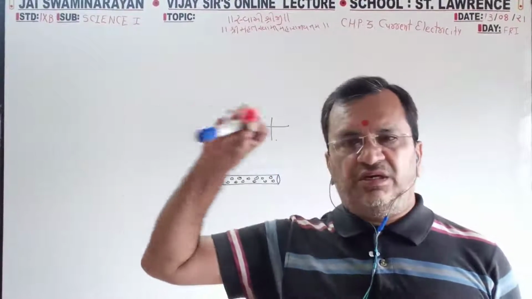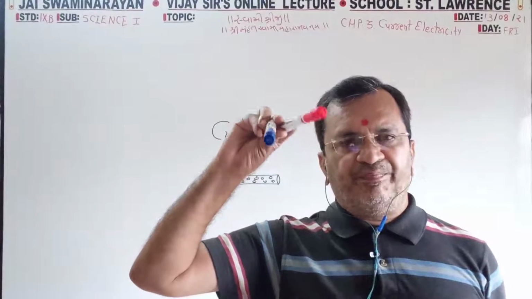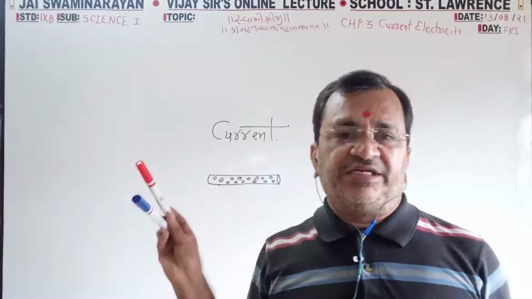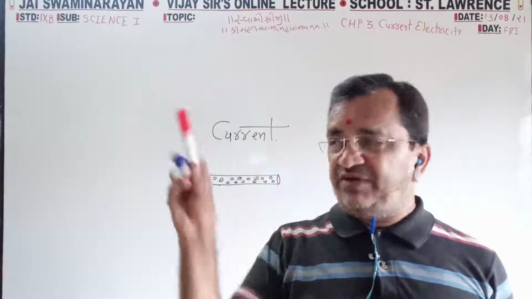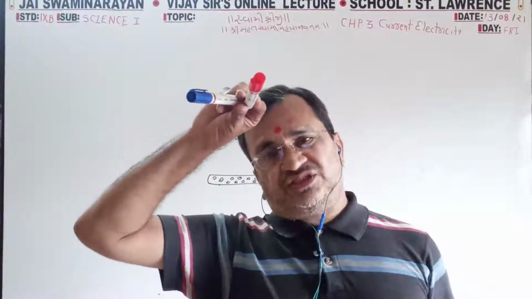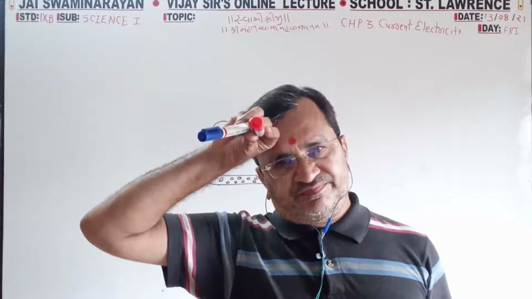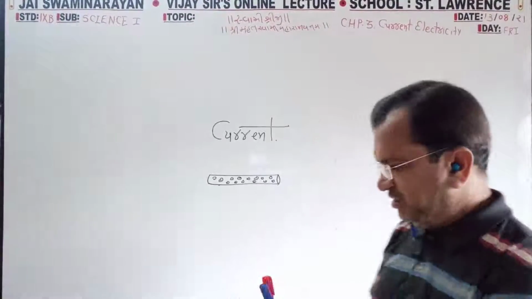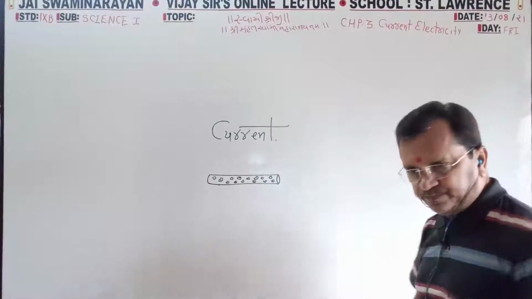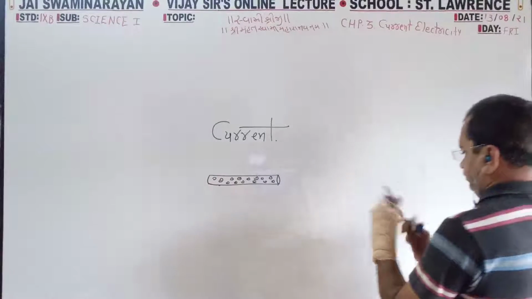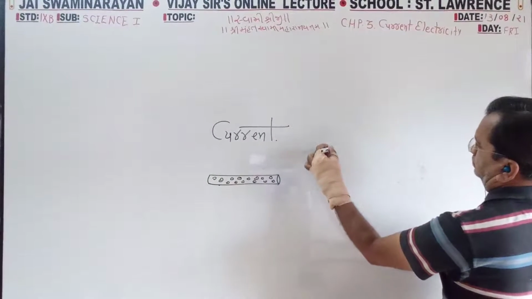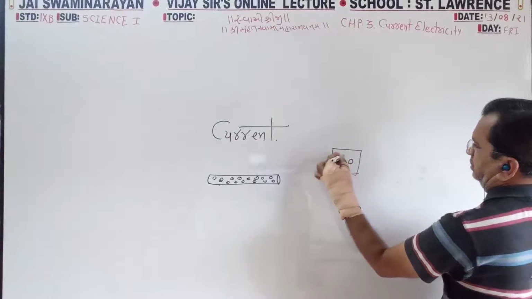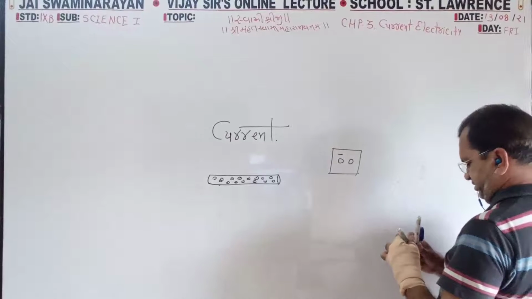So this terminal has positive and negative. So where is the positive and negative? Inside or outside? In the TV cable is there positive and negative, or in the circuit is there positive and negative? Means in the socket there is positive and negative. Correct. So there are two holes. It is positive and negative.